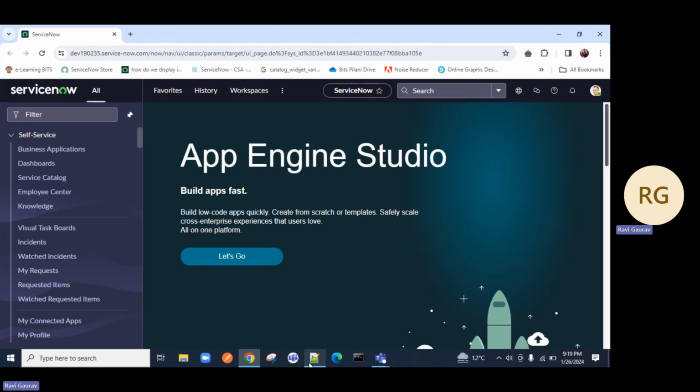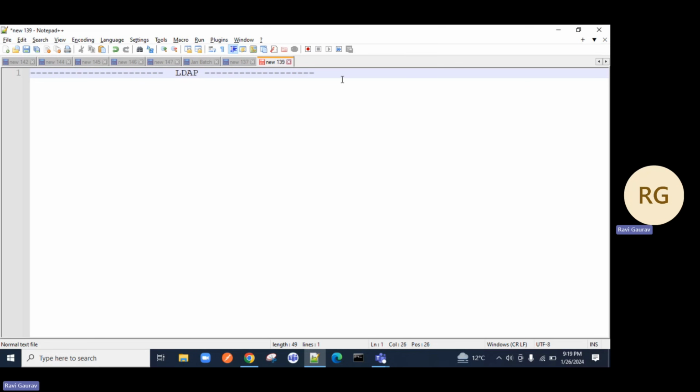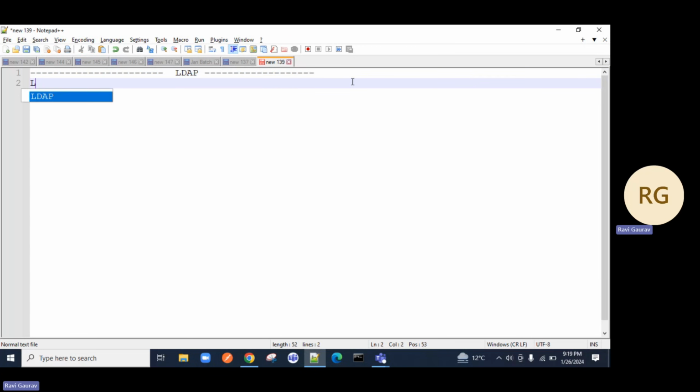Okay, so we'll go to this notepad. So basically, this full form, if you see, we will never discuss on the full form part, but the best part, what I will help you out is how you will understand the definitions. Basically, if you go with the full form, it's like lightweight directory access protocol. Okay, so we will not focus on the full form acronym, but we'll focus on what exactly this word means